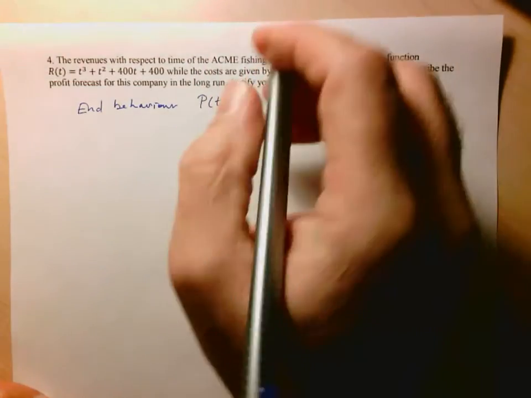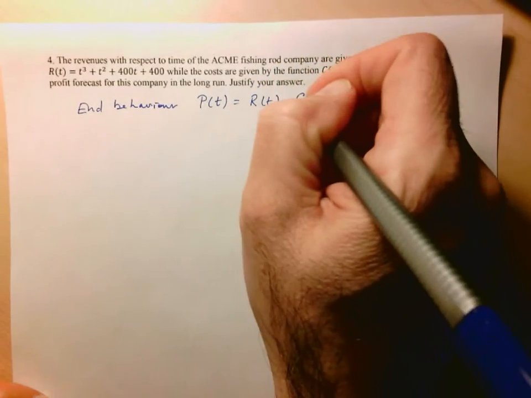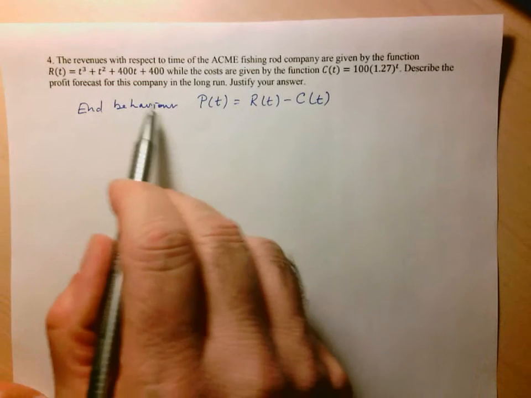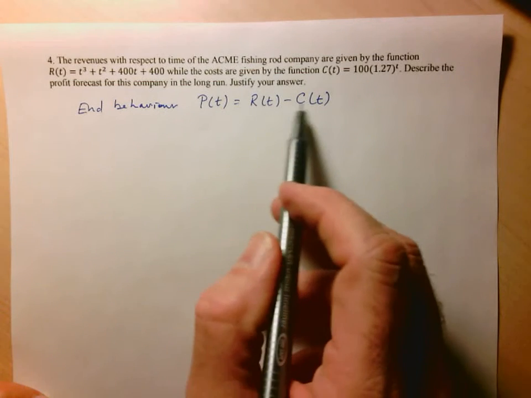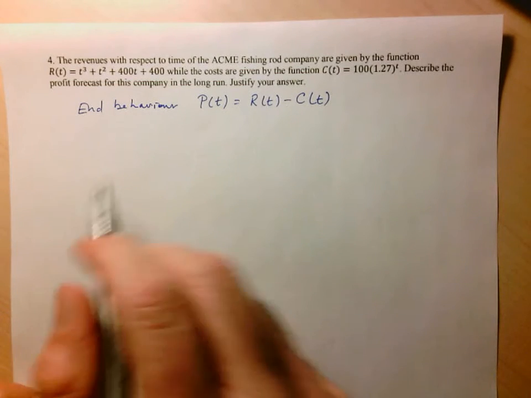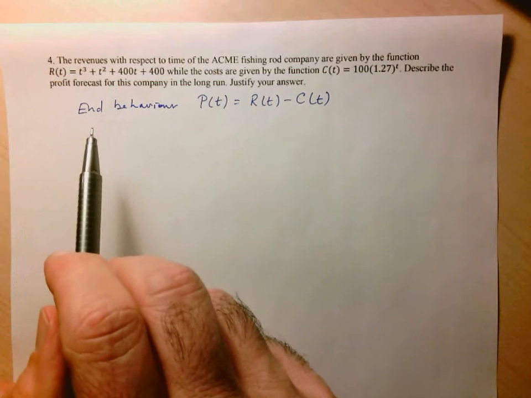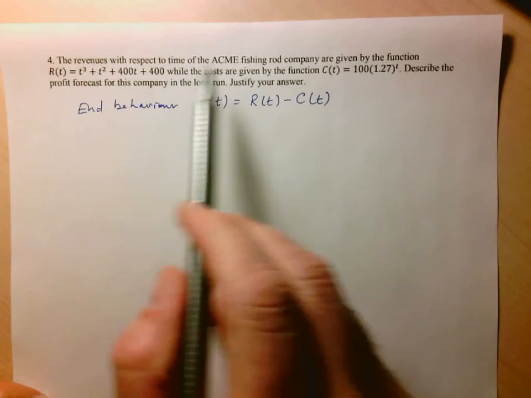Okay, so here, since everything is given with respect to time, my profit with respect to time is just given by the revenue, which is the money you take in, minus the cost, which is the money which is spent in order to create that revenue. Okay, so our goal is to find the end behavior of the difference of two functions. I'm not even going to bother writing them out because there's not too much to say here, but remember that when we're looking at end behavior, we're often comparing the end behaviors of